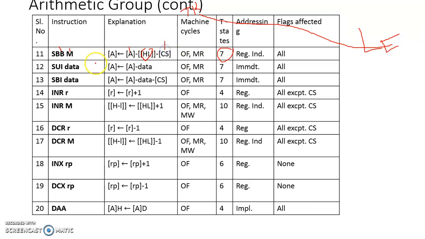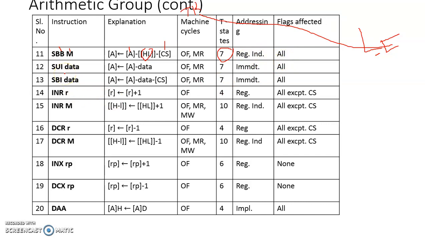Addressing mode for this one is implicit. For this one, this is register addressing mode because borrow is shown as a part of the mnemonic, and this operand is indirectly pointed. This is actually present in an external memory location. The address of this memory will be placed in the HL register pair, and the symbol of this register pair or memory pointed by HL is mentioned using the symbol M. So the operand is indirectly pointed or addressed using the HL register pair. Hence addressing mode is register indirect addressing mode. Once again, all status flags will be affected.